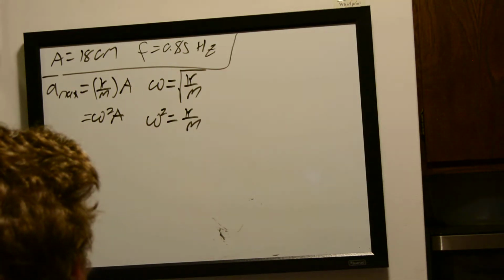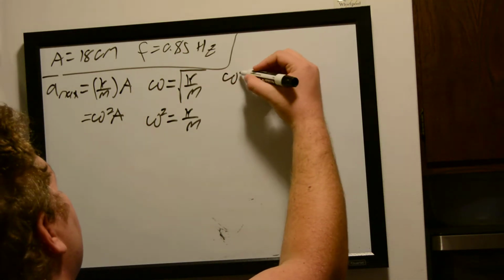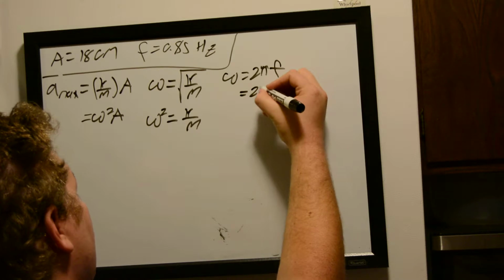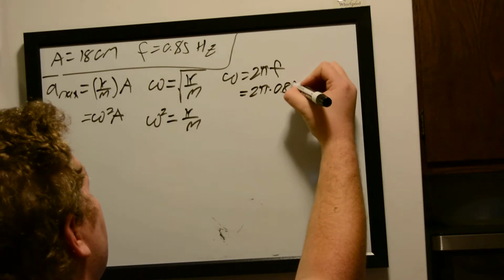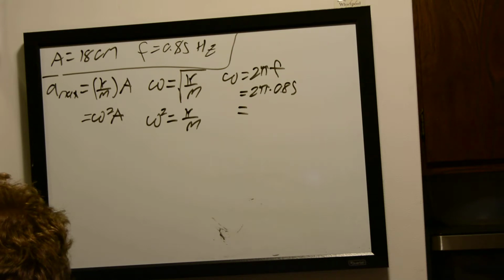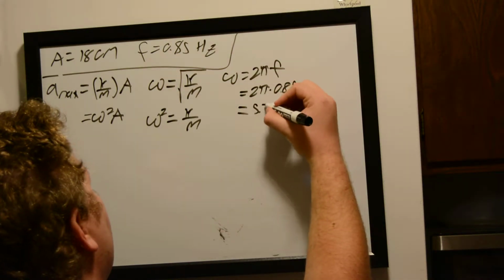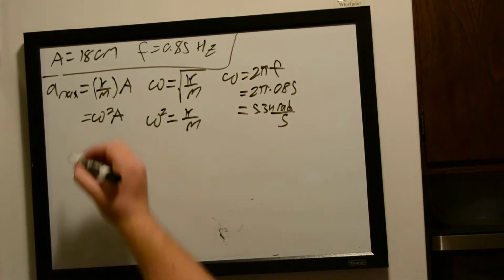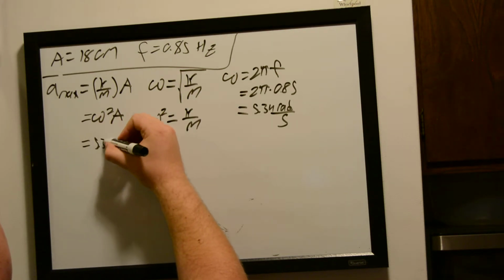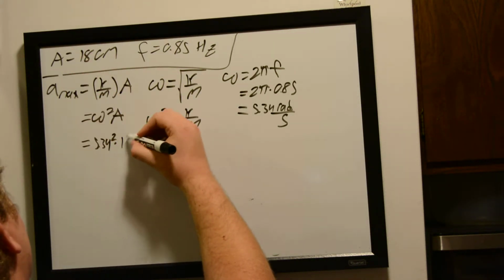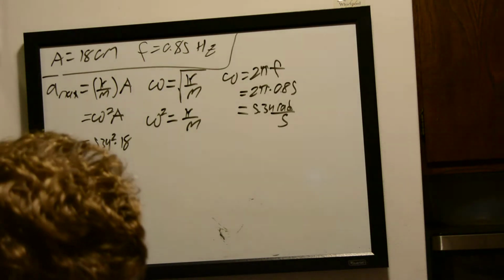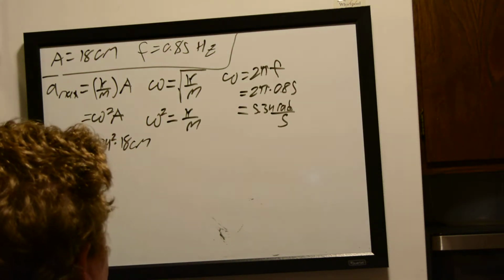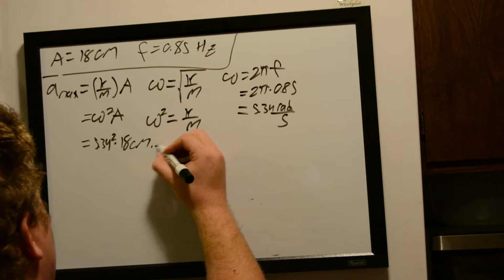Now we just need to find what that is, which is given by 2 pi times our frequency, which we're given in this problem. So 0.85. Our angular velocity is equal to 5.34 radians per second. So now we just plug that into our original equation here, 5.34 squared times 18 centimeters. But something to keep in mind here is that velocity tends to want to be expressed in meters per second. So we're just going to want to convert this